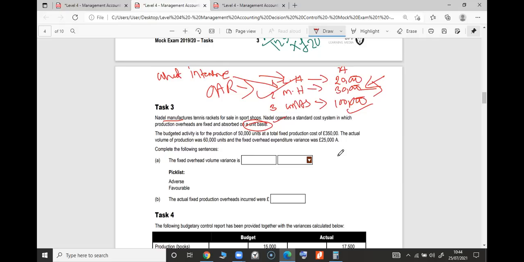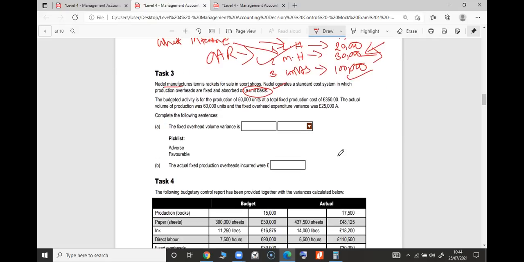Quite a lot. Let me go into the question now. Unit basis, they already told us, so we don't need to be bothered about labor or machine hour here. The budgeted activity for the production is 50,000 units at a total fixed production cost of, now this is a mistake. Can you see it here? 350,000, they were meant to write it, but can you do the correction here? This is a mistake, it's like 350 then 00. They should put one extra zero here. Am I understood? Put an extra zero.